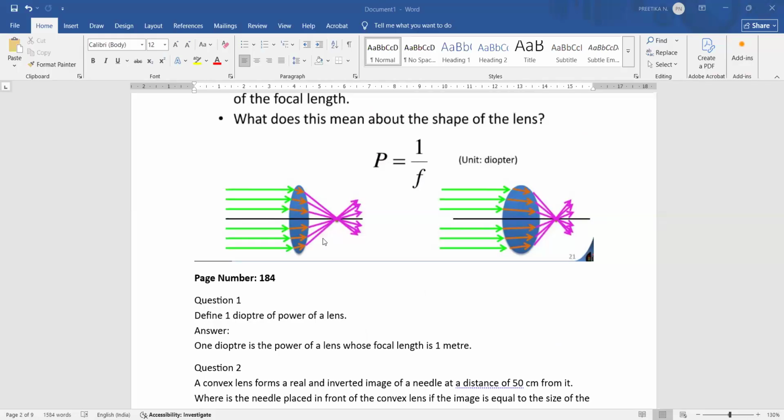अगर focal length 1 की जगह कुछ भी होती, 1 by 2 होता, 1 by 3 होता, 1 by 4 होता, तो my answer could have never been 1. वो 1 तभी आता ना अगर न्यूमरेटर और डिनोमिनेटर सेम होएगा. न्यूमरेटर तो 1 है. So denominator has to be 1 only, then I'll get the answer as 1. So that is the reason we define it as that 1 diopter is the power of the lens whose focal length is 1 meter. Okay. So if the focal length will be 1 meter, then the power of the lens will be considered as 1 diopter. That will be your first question answer.